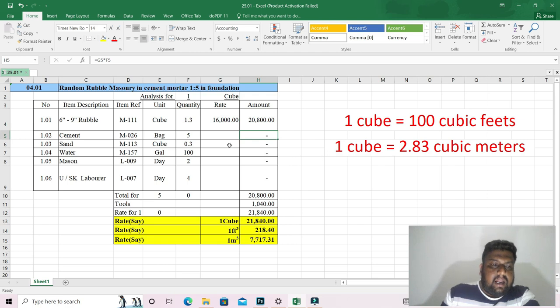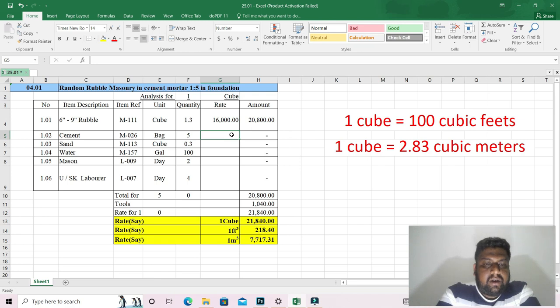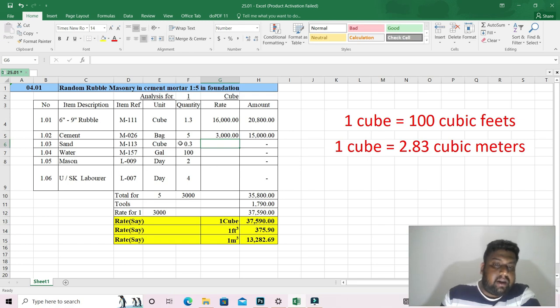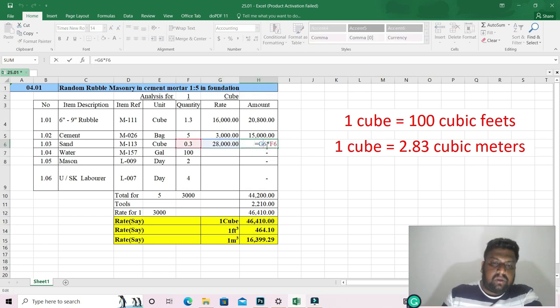And the cement bag. What is the cement bag cost in your country? In my country it's 3,000 rupees. You can convert into dollars or whatever currency, Indian or wherever you are, you have to put your currency. Here 3,000 is for a 50 kilogram bag. Sand, in my country, is 28,000. Then you see 28,000 multiplied with